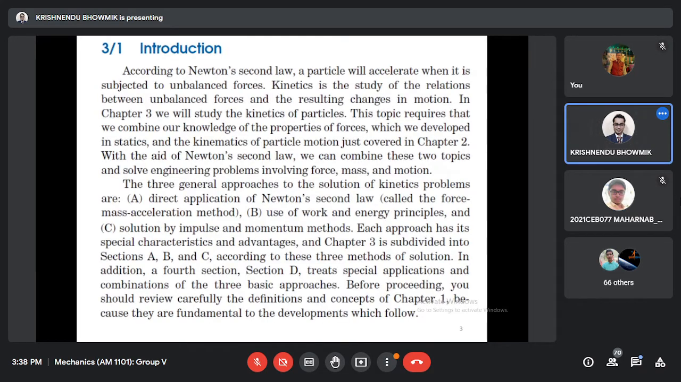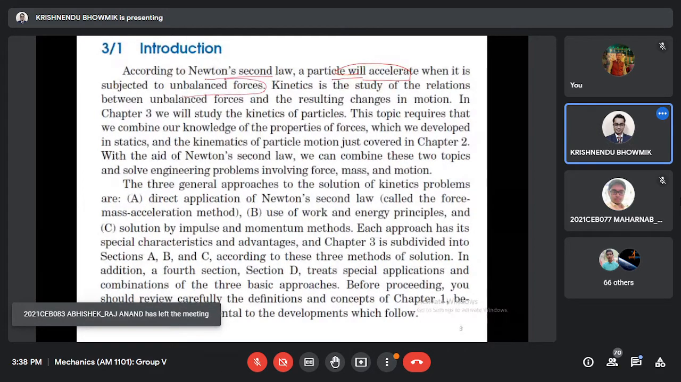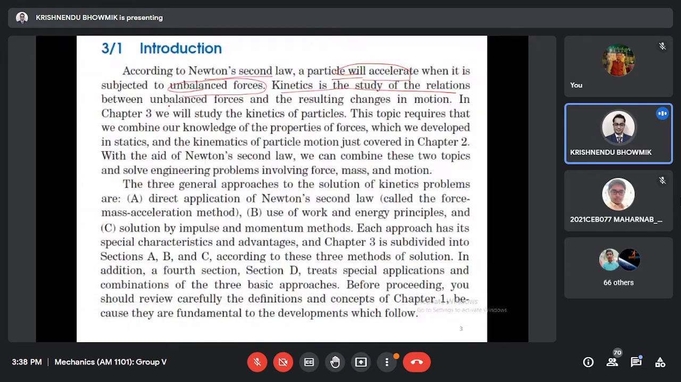Now, when we are talking about any force as per Newton's second law, a particle will accelerate when there are some unbalanced forces. And this kinetics is the study of the relations between unbalanced force and the resulting changes in motion. So it is article 3.1 in Meriam and Kraige dynamics. Okay. So now